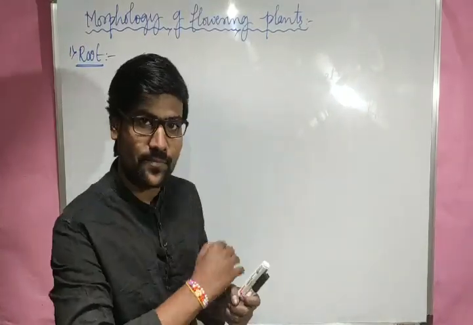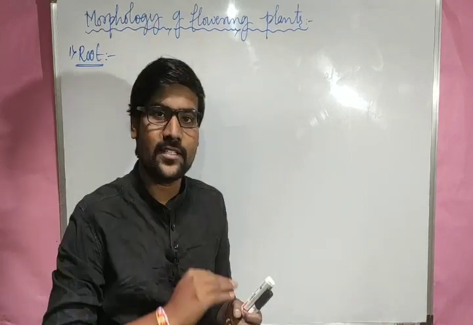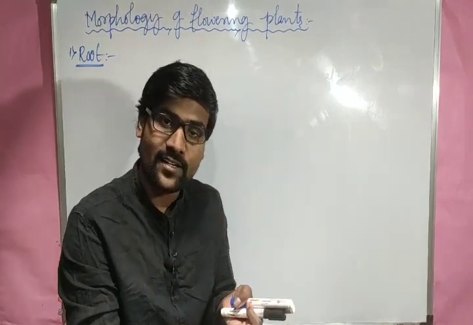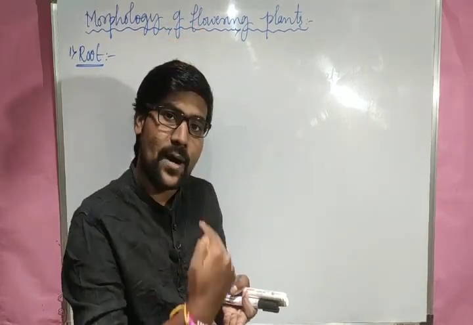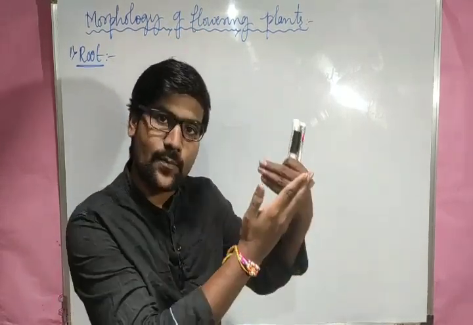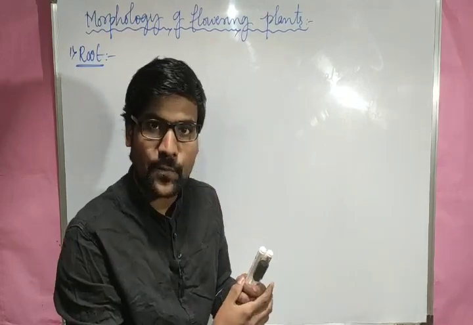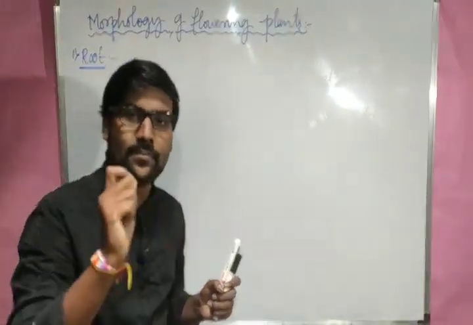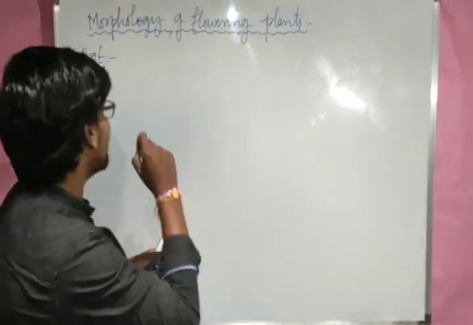Let's start from the bottom to top. Bottom means the underground part which is present in the soil, and the next one is the aerial part which is present above the ground. So let us see the underground part, that is the root. And this root, ನಾವು ಕನ್ನಡದಲ್ಲಿ ಬೇರು ಅಂತ ಹೇಳ್ತೀವಿ. If we consider this root,